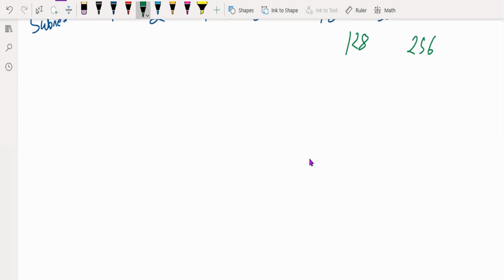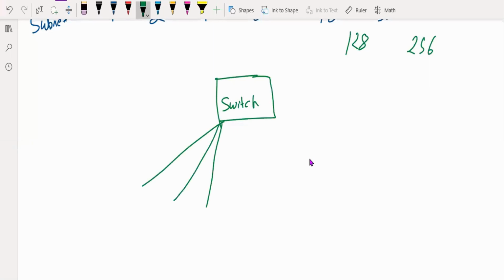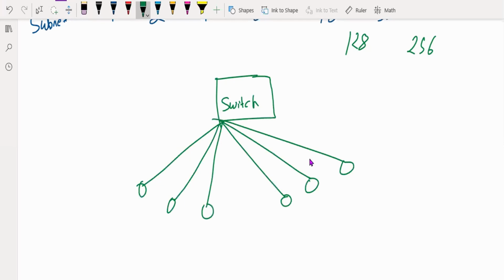So we will take one switch, and with that switch we will connect 6 end devices: 1, 2, 3 and 4, 5, 6. We will give IP addresses of class C with the same network, but they have different subnets.